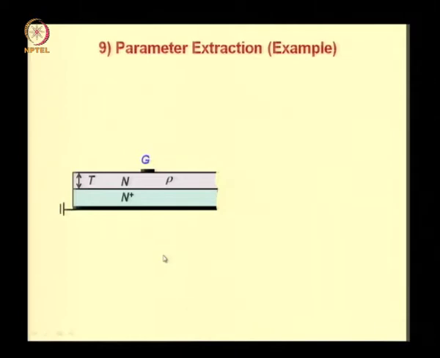Let us say you want to use the spreading resistance formula for a situation like this, where you have a contact, a square contact on an epitaxial wafer. The contact size is small, so that the bottom of the epitaxial wafer, which is used as the other contact, approaches infinity in a relative term to the contact at the top of the wafer. Let us assume that is our situation.